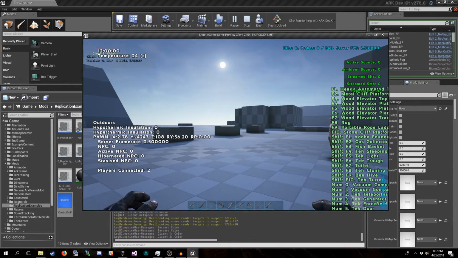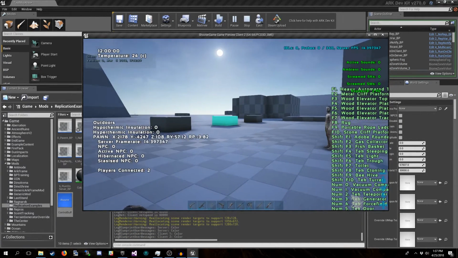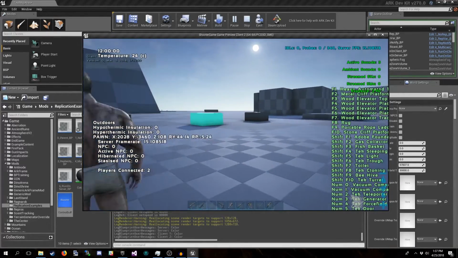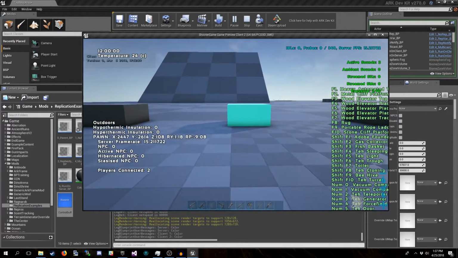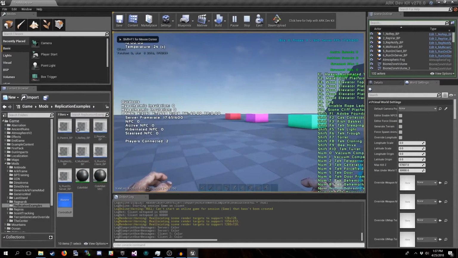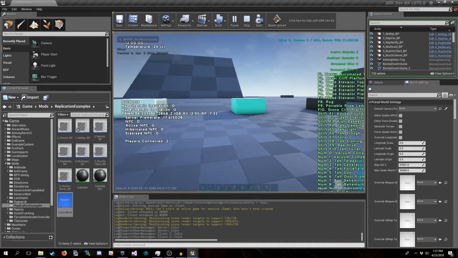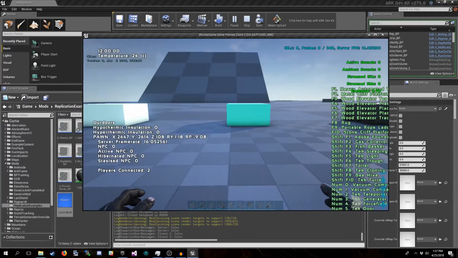Give it a moment to run through. Okay. That one's got kind of a tealish cyan color. And so does the other client. So now they're the same. Same color on both. Okay.